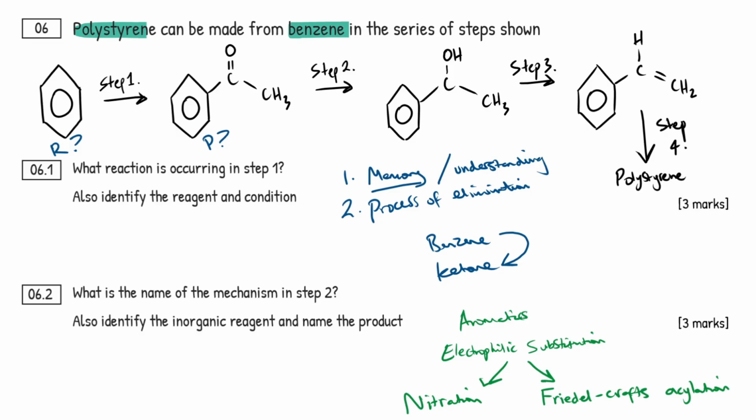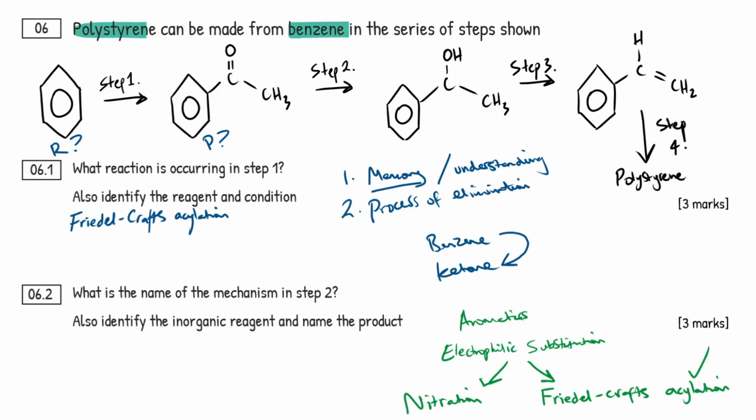Is there a nitrogen present in our product? No, there is not. There's no nitrate group. So it has to be Friedel-Crafts acylation. So process of elimination has told us what sort of reaction is taking place. So that is our first mark done. What reaction is occurring? Friedel-Crafts acylation. One juicy mark done with the process of elimination,